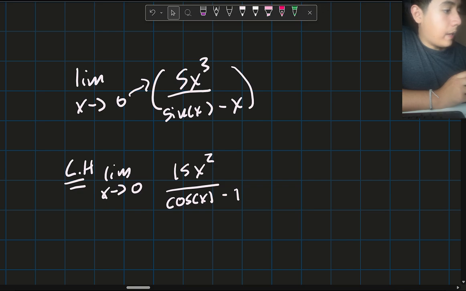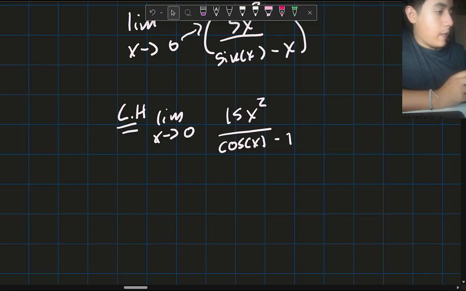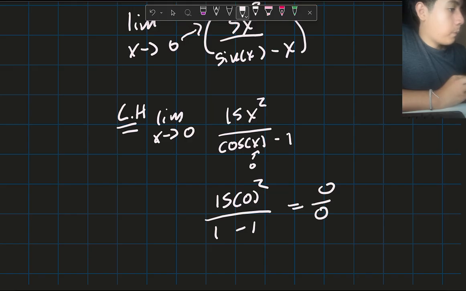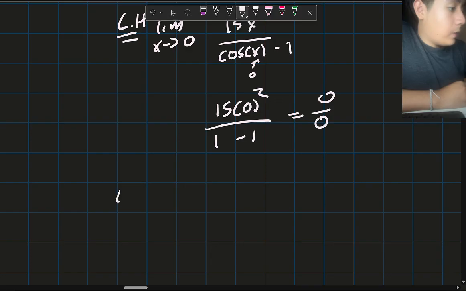So now we apply our zeros to our x again. So we will have 15 times 0 squared over, if we apply 0 here, that means it will give us a positive 1 minus 1, which is still 0 over 0, which means we still have to apply L'Hopital's rule